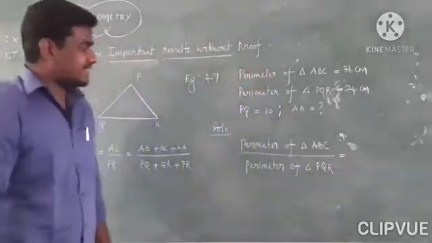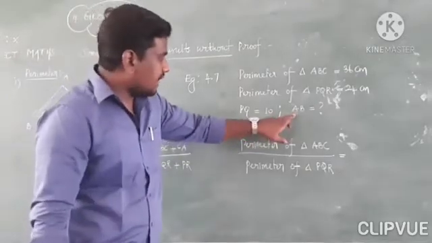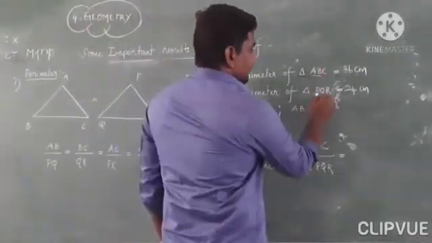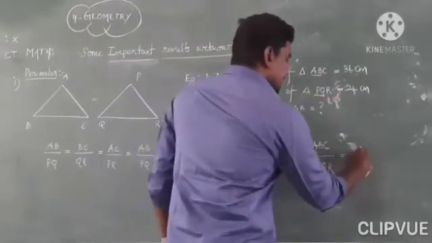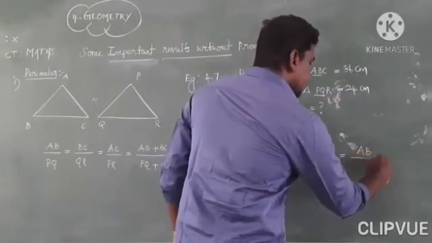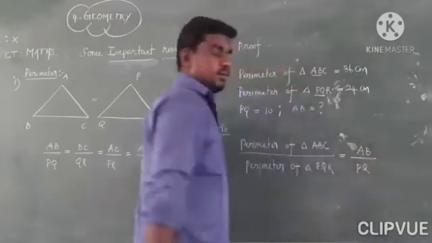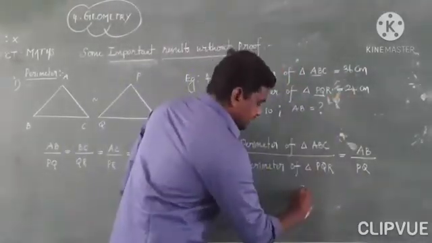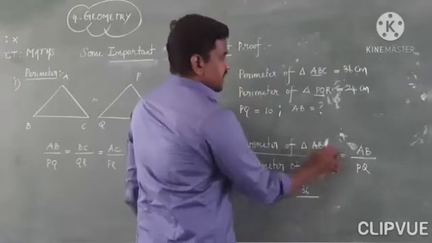Corresponding sides AB and PQ: listen, AB corresponds to PQ. So we can take AB by PQ. So perimeter of triangle ABC is 36 divided by perimeter of triangle PQR, which is